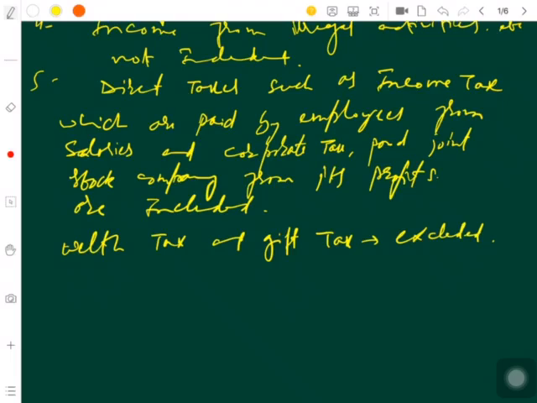Wealth tax is paid basically from your past savings. It is deemed to be paid from your past savings and past accumulated wealth. So it is not to be included because we are talking of the current financial year. As with the sale of second-hand goods, the sale of the good has taken place somewhere else in a previous year. Now it is being sold, so that value is already calculated in the previous year. If something new evolves, that is to be included. So these are the precautions, dear students, we must take